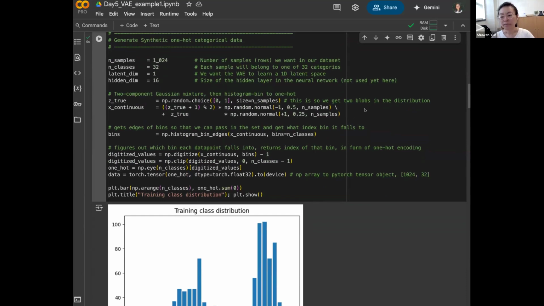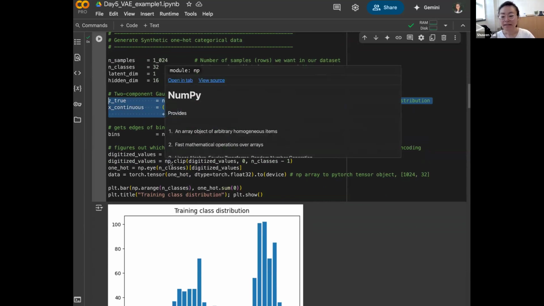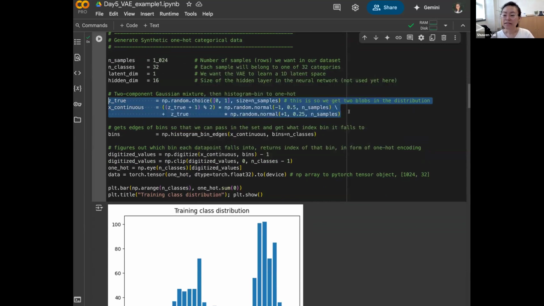Okay, so then this is just generating our initial data set. We're going to make a synthetic data set. We'd like our VAE to find some pattern inside of any random data set. So to prime it, we're going to make a random set, but instead of just random numbers from 1 through 100,